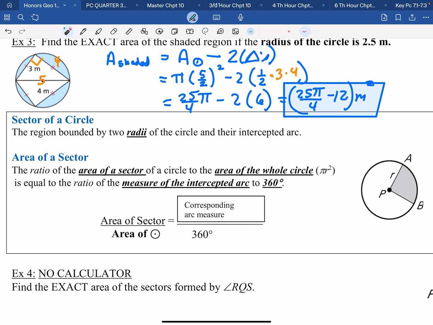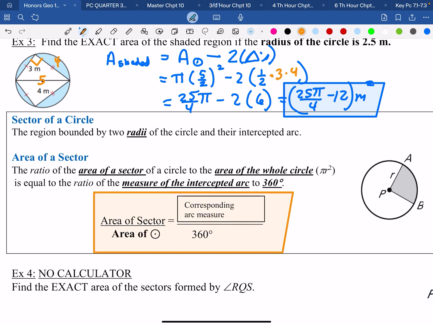All right, and we're going to be asked to find the area of part of the circle, or how a part of the circle relates to the measure of the arc of that sector. Just like we did before, we're going to set up a proportion. And we know